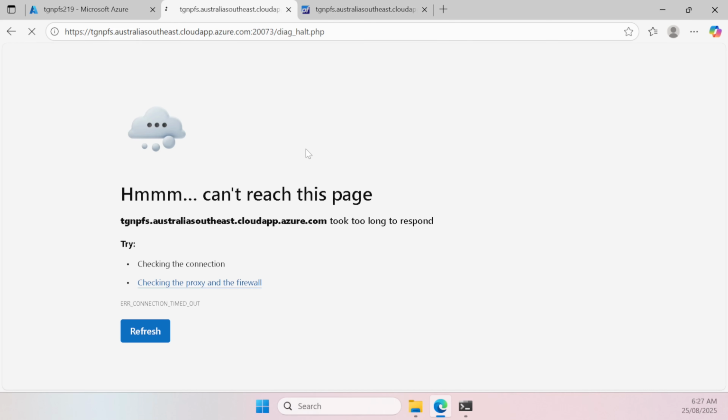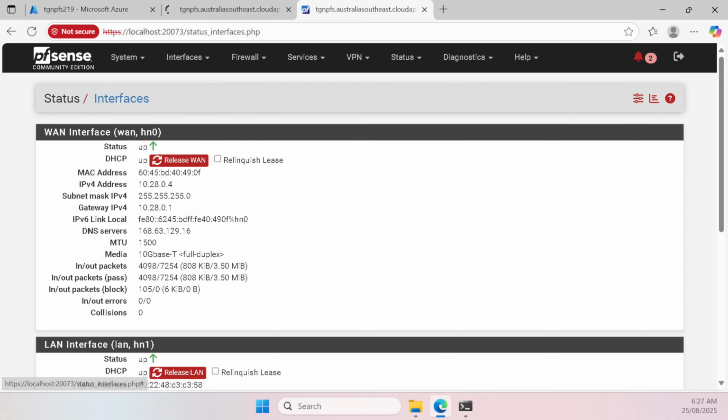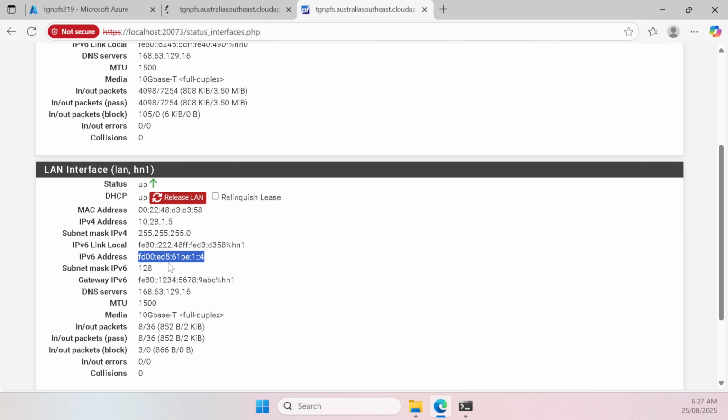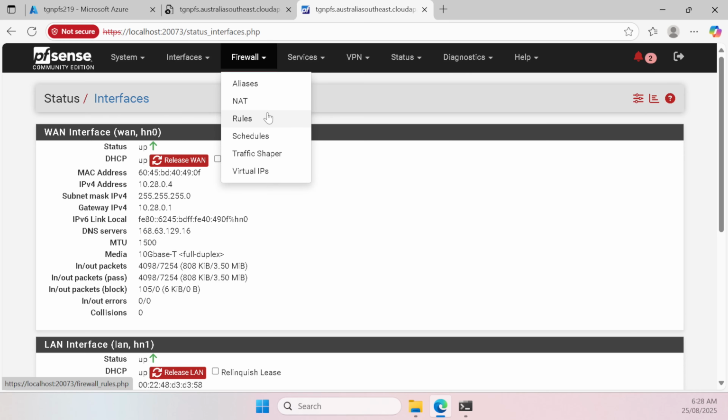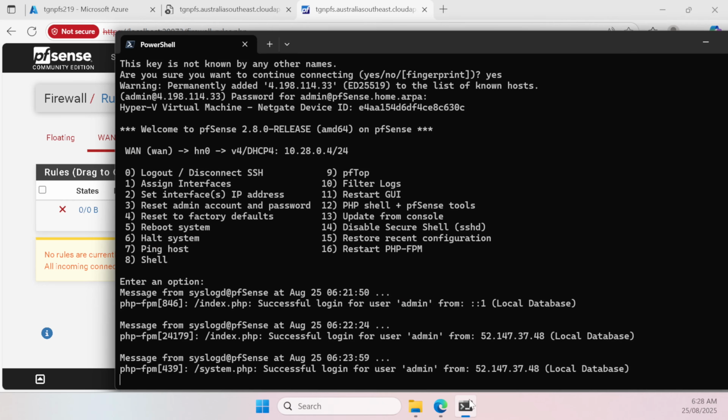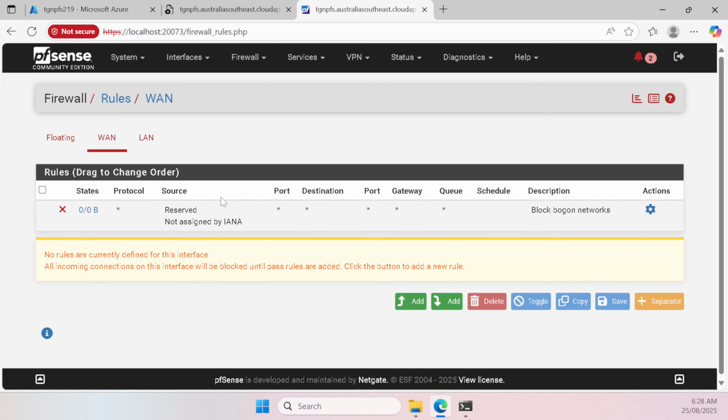and it looks like we've actually done something and locked ourselves out. So what's happened there is I've added the LAN interface here, and it's locked us out of the firewall. So we've got an issue there. Right at this moment, we've still got a connection over localhost to the firewall,